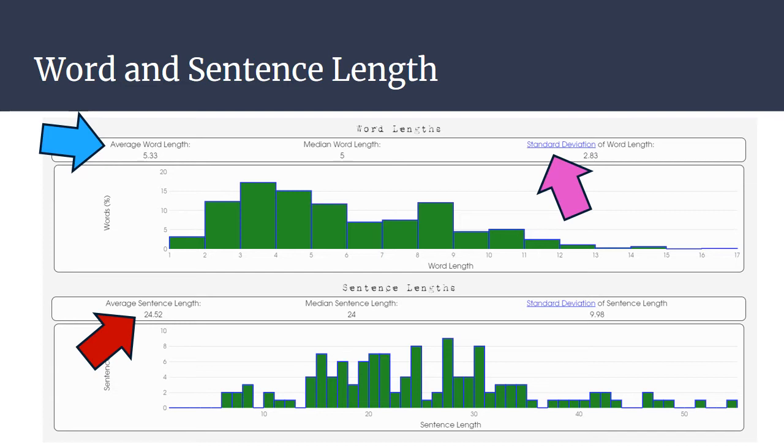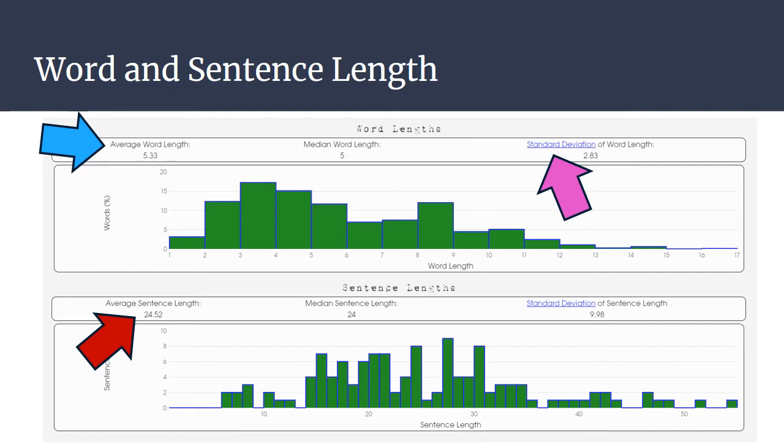And we can see that on the diagram there, that around the 3, 4, 5, 6, there's lots of words, a large percentage of words in that area. As you go further down, it gets smaller. There's hardly any words that are more than 12 or 13 letters long, although there is quite a few words that are around the 8 and 9 word length. Okay, but some words are really short, like 1 or 2 letters, and some are really long, like 15. Below that, where the red arrow is, you can see the average sentence length of my sentences.